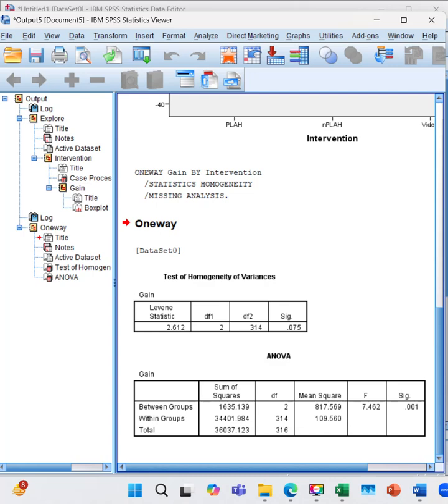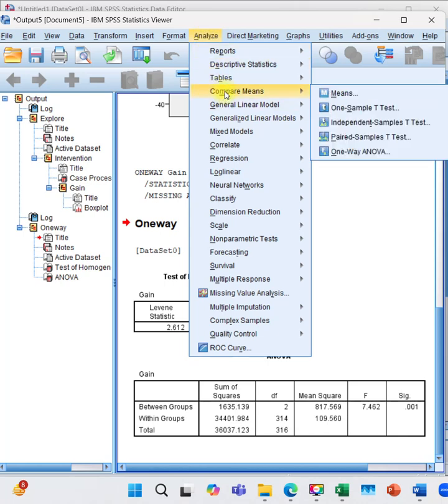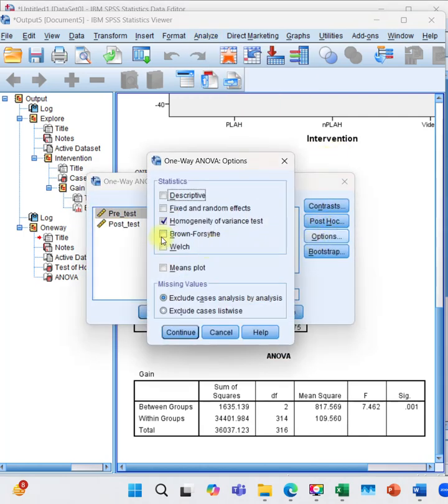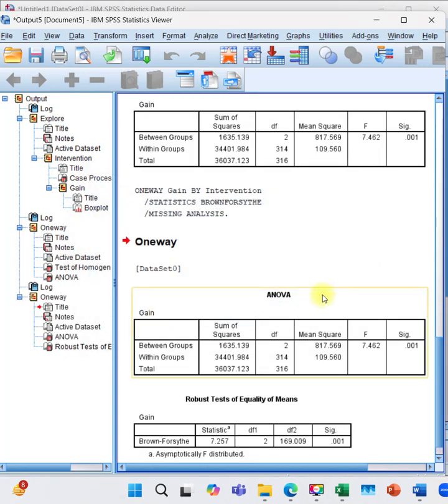Alternative here for the Levene's test is the Bartlett's and Brown-Forsythe test. So we go to analyze here, and then you just compare means again, and then one-way ANOVA. You click in options, you will see here the Brown-Forsythe test, and then you just click on continue. You use this when normality is violated.